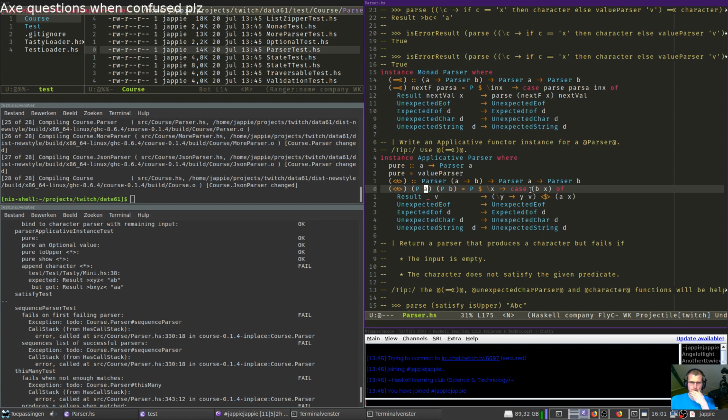And then we pattern match on B. And if you're successful with P, we can apply the function inside.